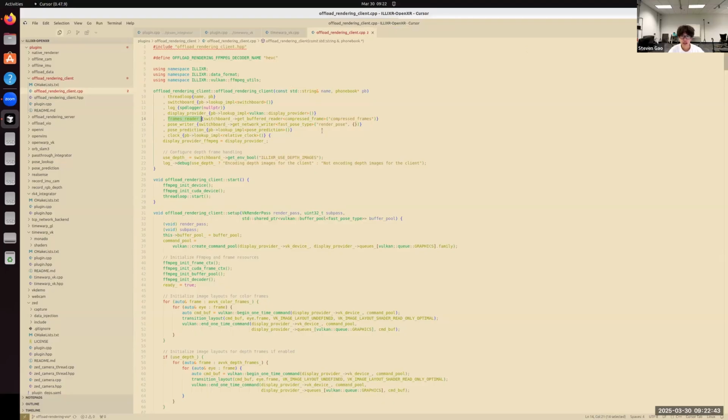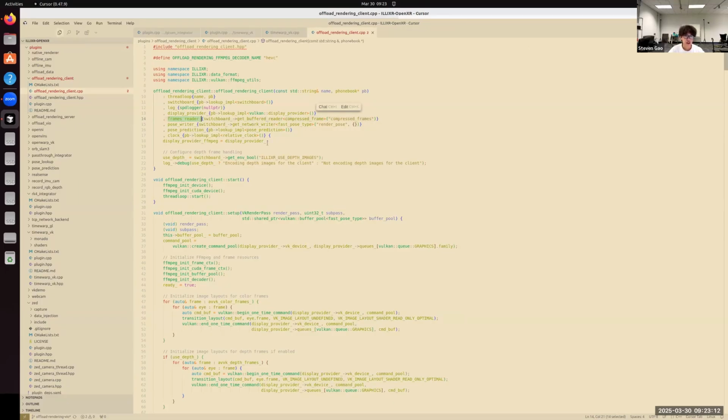A quick recap of how offloading rendering works: the server sends compressed images, and the client needs to decode them, and then another reprojection plugin, either time warp or open warp, would do image-based rendering to reproject them to the correct pose. So the first step is to get the frames, right?